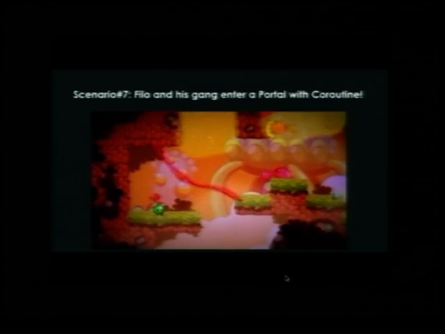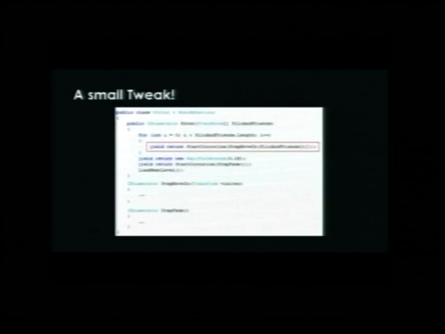You can see that when the first Philo moves into the portal and disappears, the second Philo will jump into the portal, following the first one. But you notice that the second Philo waits until the first Philo disappears. Why? Because of this line, yield return start coroutine. If we have yield return, that means you have to wait until that coroutine is finished,